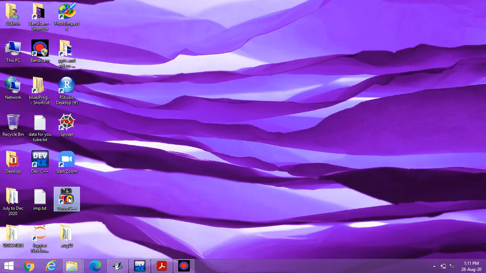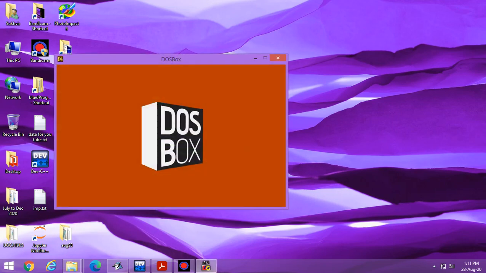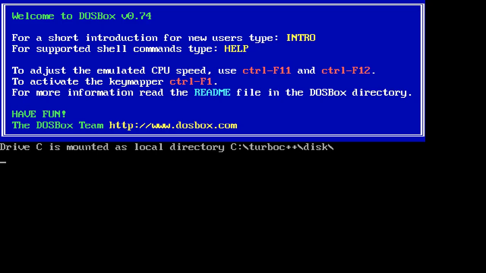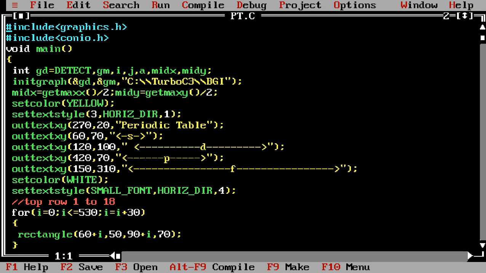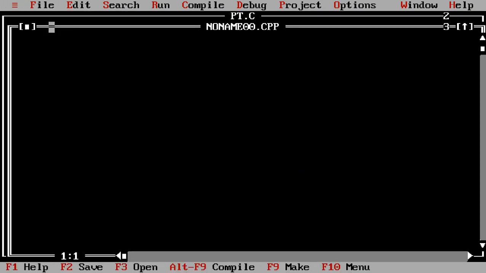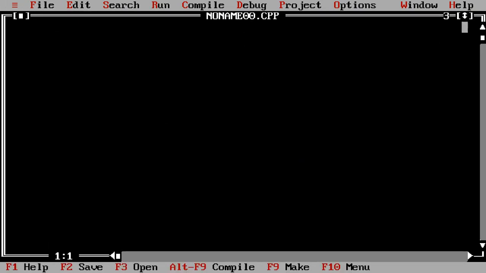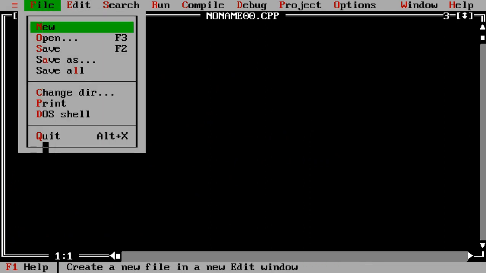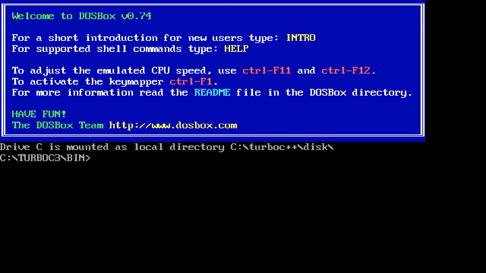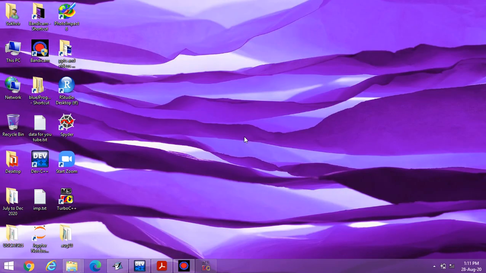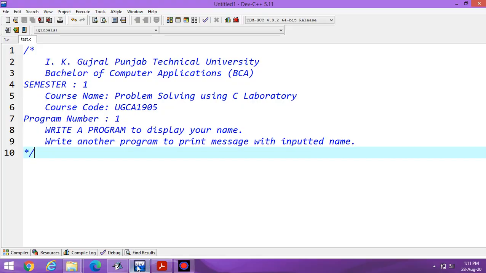You can execute the programs in this compiler also. This one is the platform. You can print exit here. I am using this platform, Dev C++. You can use any.